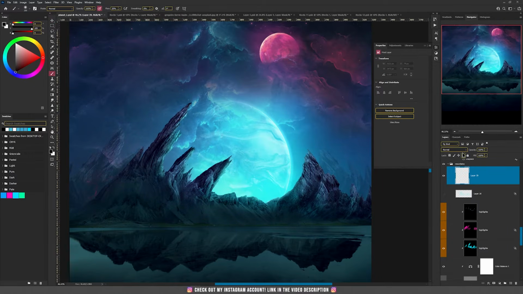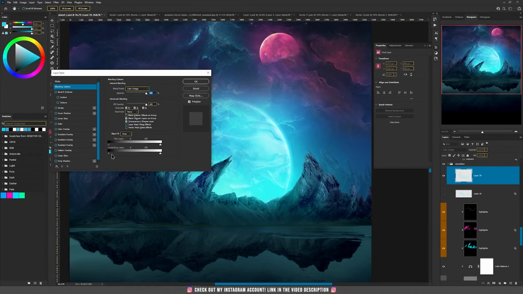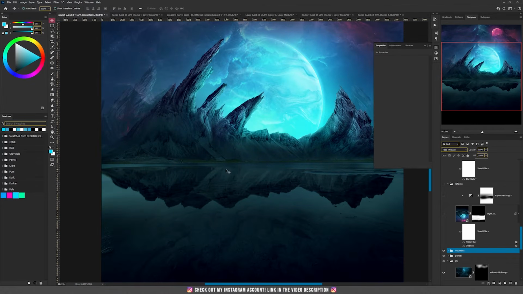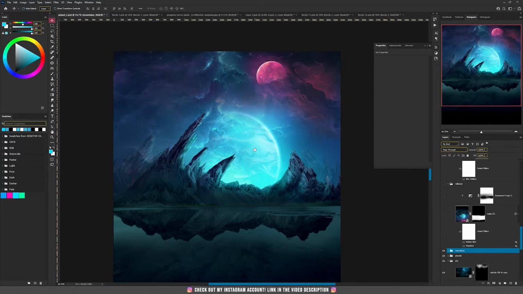Create a new layer and change the blending mode to color dodge. Take again this bluish color. Okay, so now if we paint with this blue color, it will add some nice reflections, some nice glows on our mountains. And then double click and use the blend if, because we don't want that glow to be that intense. Okay, so now is the time for the reflection, because we have made the top part